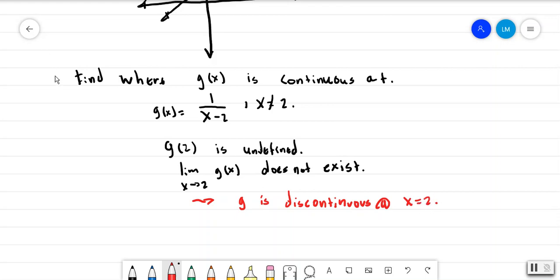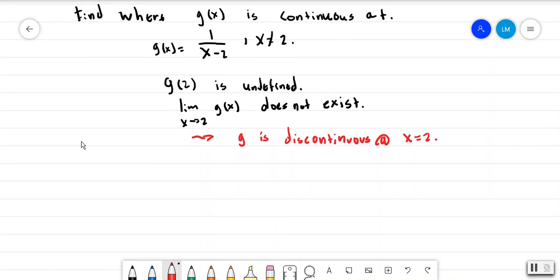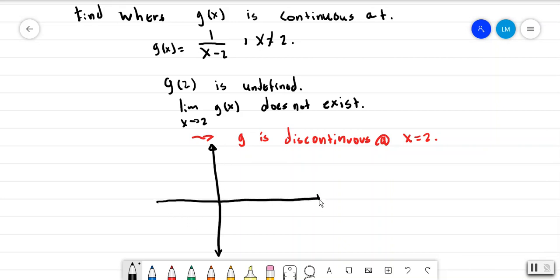So one way that we can see that is by just looking at the graph of the equation, or the rational expression or the rational function. So we have that that's going to look like 1 over x. Okay, so there's an asymptote right here. Now we'll talk about asymptotes. Well, actually, we did talk about asymptotes in the previous few sections. So there's an asymptote right here at 2,